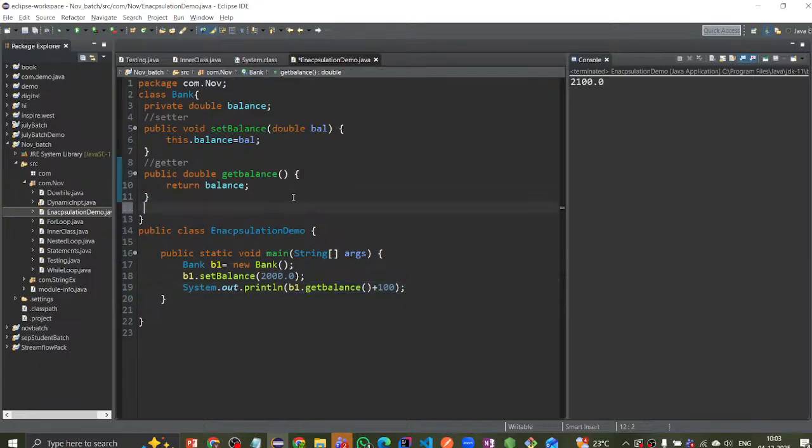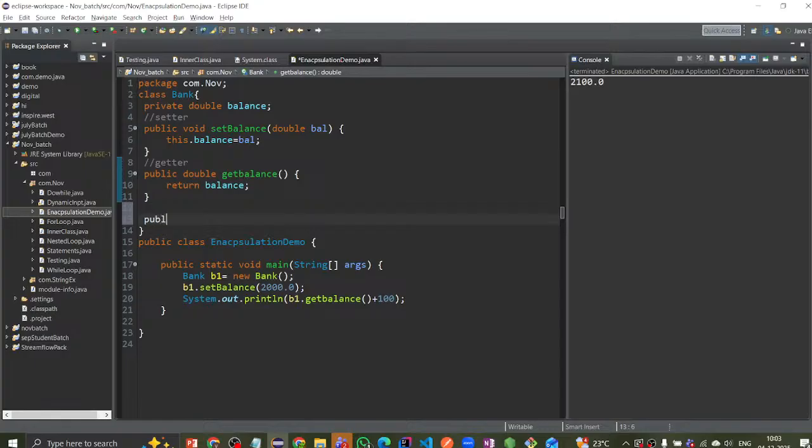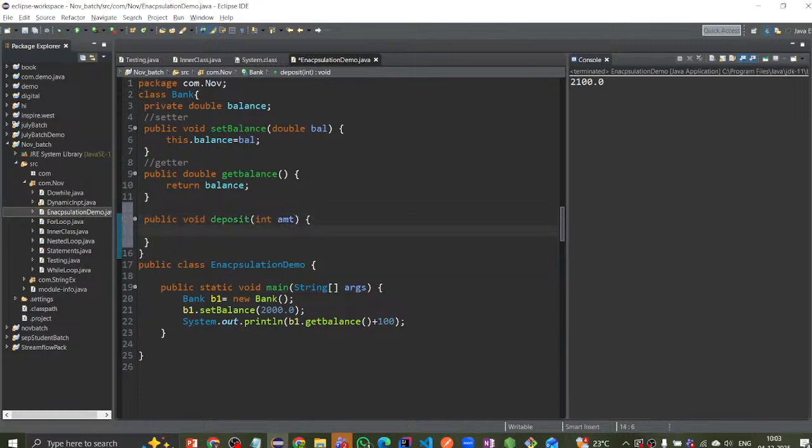Suppose I have another method here, public void deposit. In a normal deposit method, you can pass some amount to deposit, enter amount to deposit, right? Like this. Here what you have to do is use the setter method to get this, or else